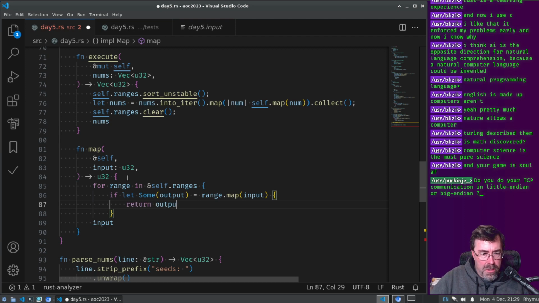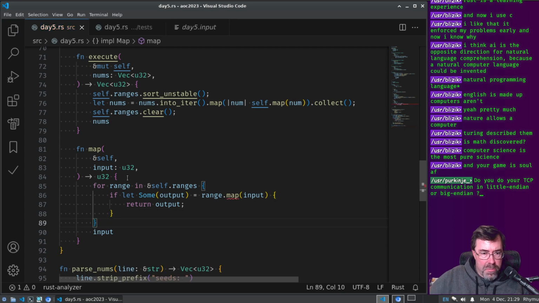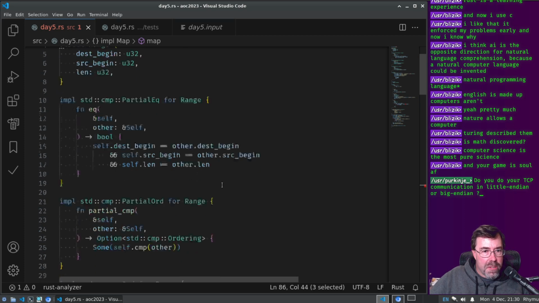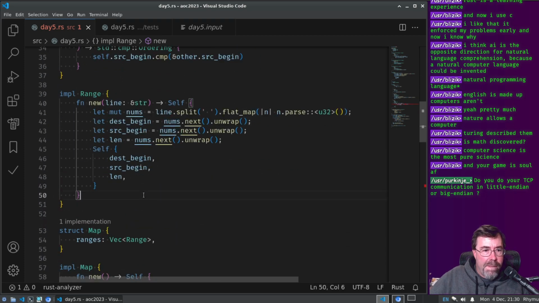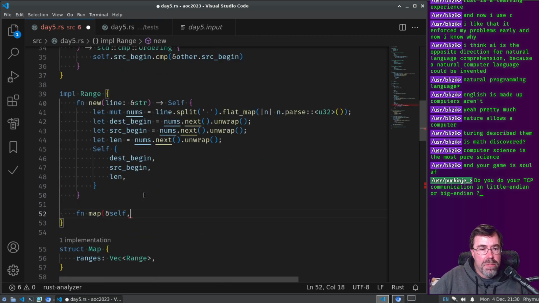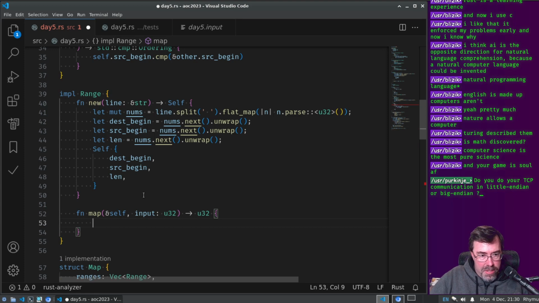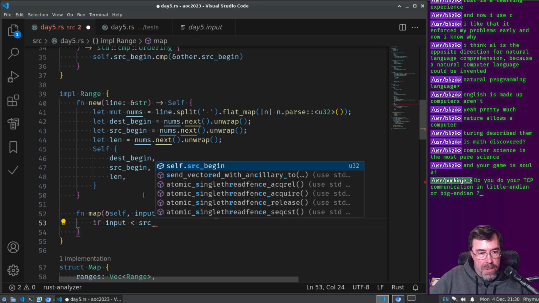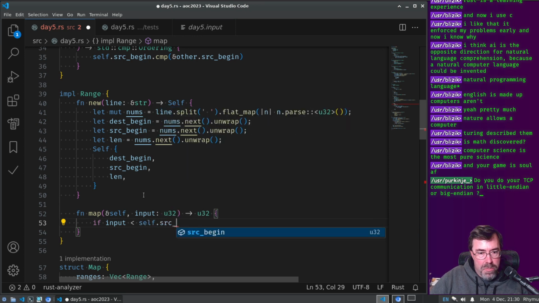Return output. If we get to the end though, the inputs, so I just need to have a map for range now, right? Easy. Function map self input U32. Actually, I don't know why I'm typing this. I could have just copied from the other place, but that's okay. If input is less than self dot source begin, then this is an option actually.